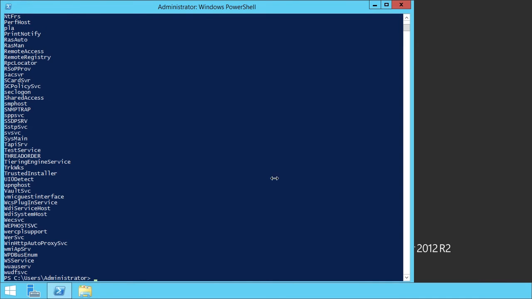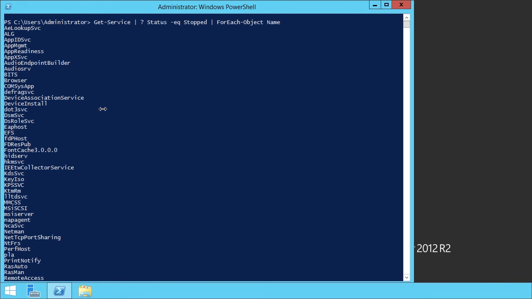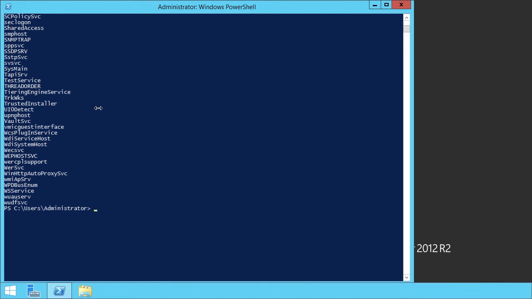So you will see these are all the services that are currently stopped on my system. We didn't have to pipe it to a foreach object, but now it is only showing me the name. Let's take this a step further. Instead of just showing the name, I want to create a string. So I'm going to use the underscore variable to access the name property, and then I'm going to use the